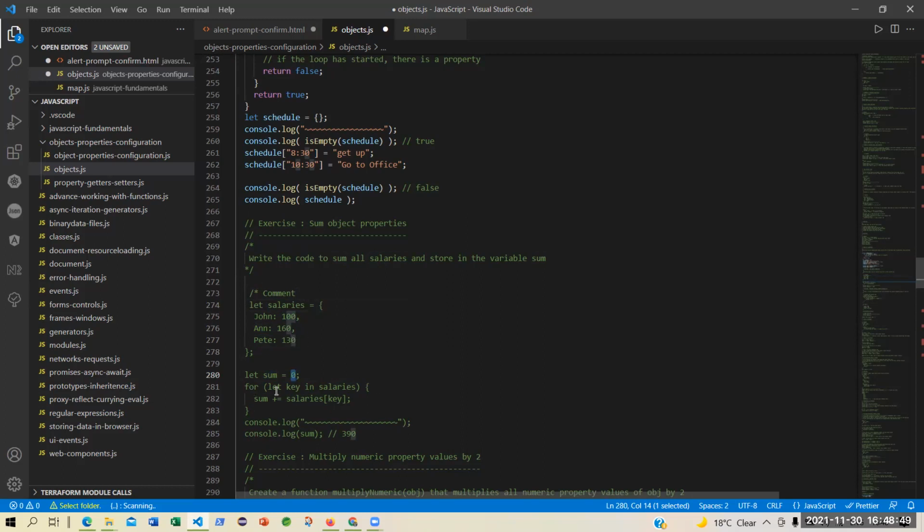You just use a for in loop. And there in that, you say sum equal to sum plus salaries. Whose salary? First John, then Ann, then Pete. You are keeping on adding with sum. So finally, the value is whatever the value is. It will be printed.